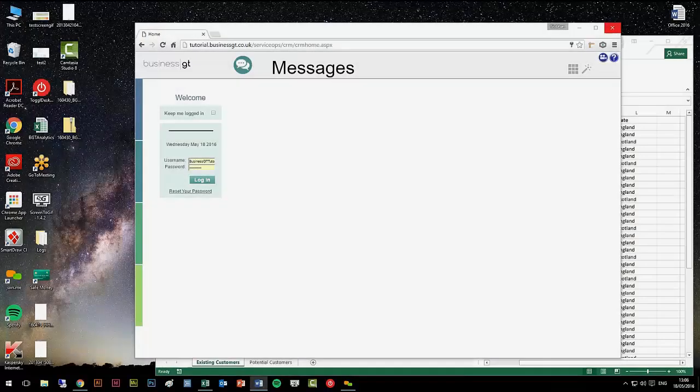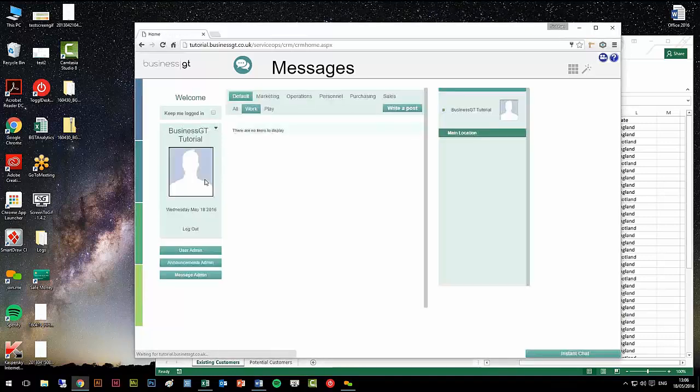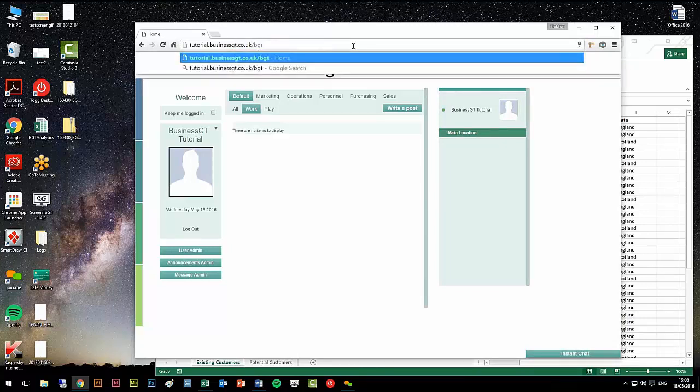Okay, so I'm just going to log in, and I'll try and go slowly so that my screen picks up all right. I've entered the username and password that were sent to me in my welcome email. If you don't have that welcome email, send me an email and let me know, and we can resend it and make sure that you get it. So I'm going to click login. Now to get to the previous page, what I've done is put in my URL and typed VGT at the end, and that takes me to the login page,